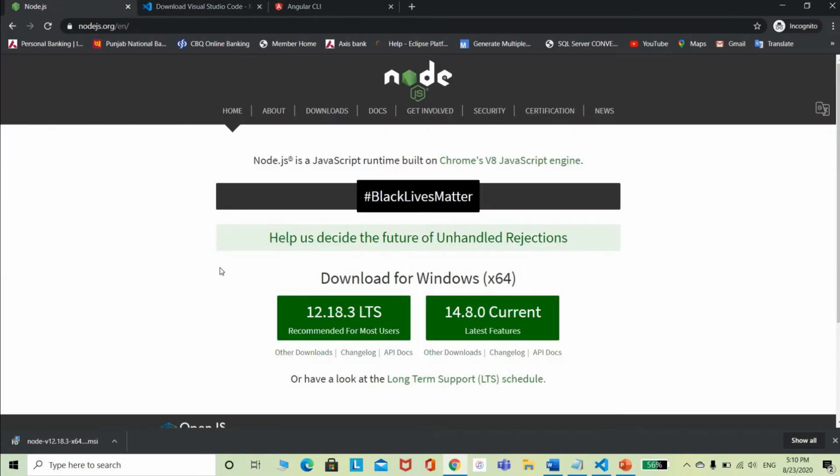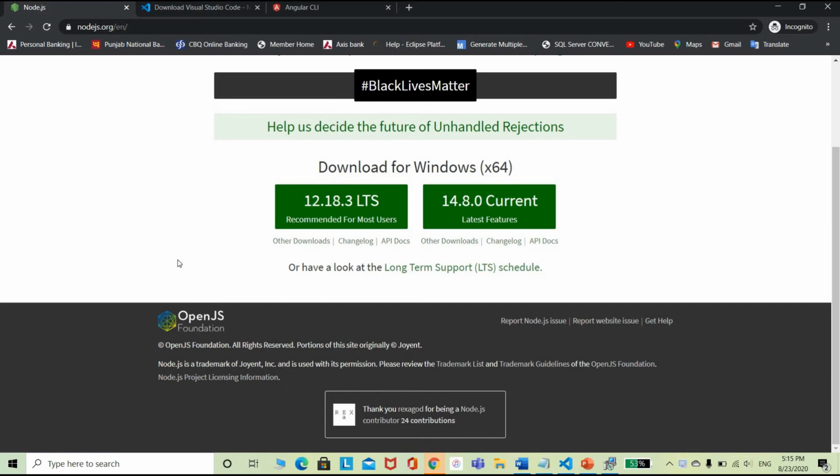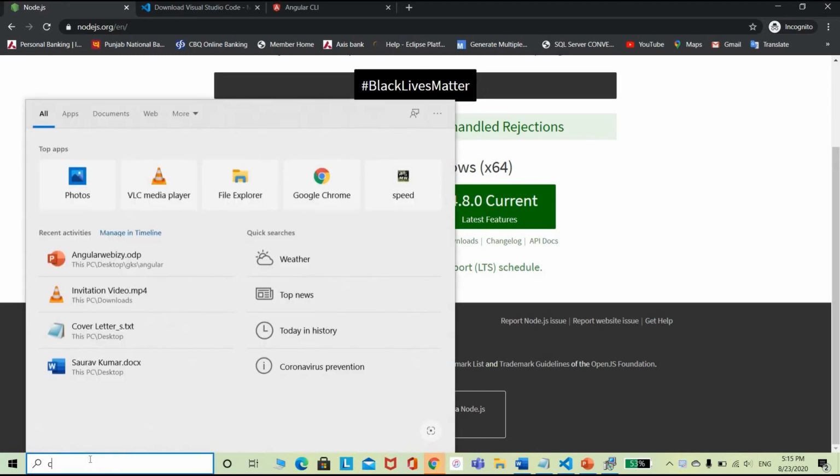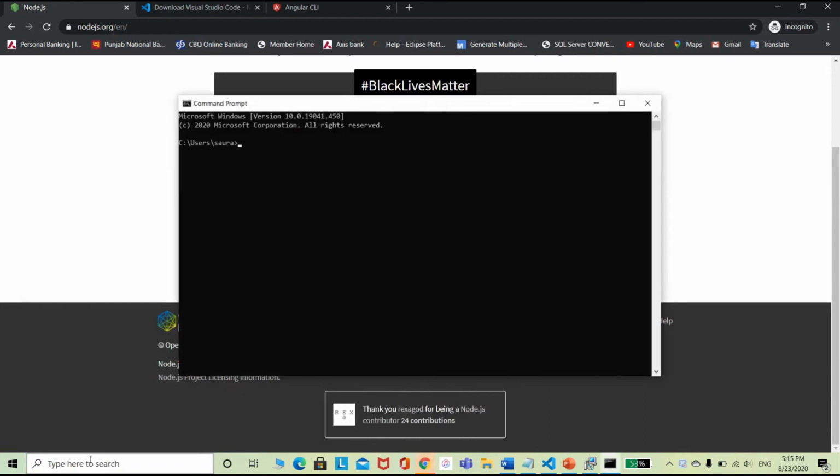What exactly you need to do is download the LTS version of Node.js. As you can see on this screen, I have already downloaded it. You can download it as 64 or 32 bit. Once you have downloaded Node.js and installed it in your system, just open the command prompt, type node space -v.